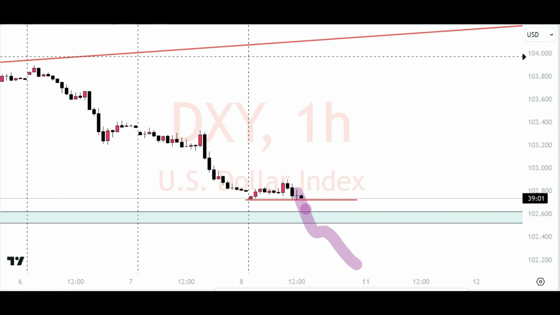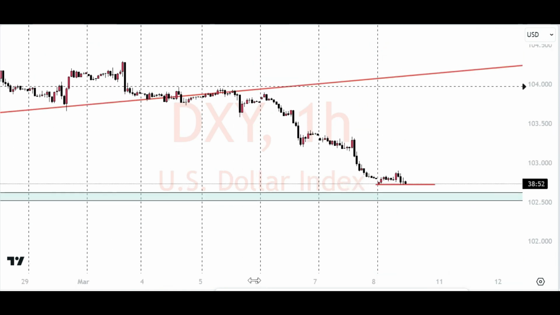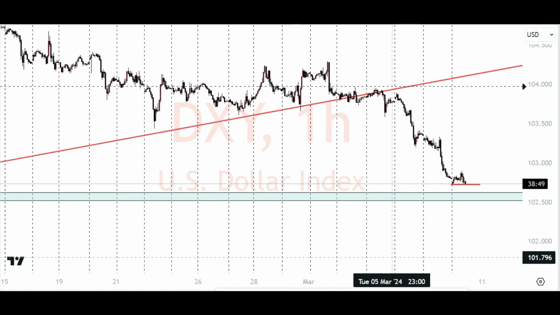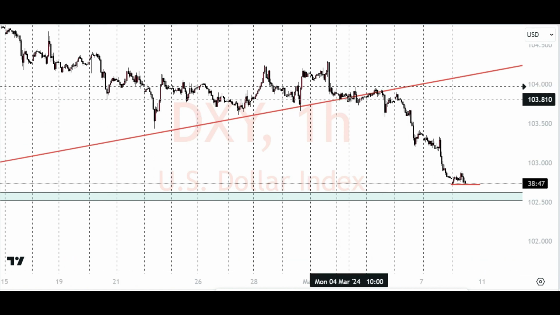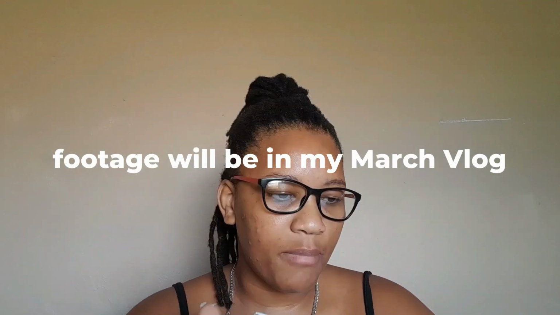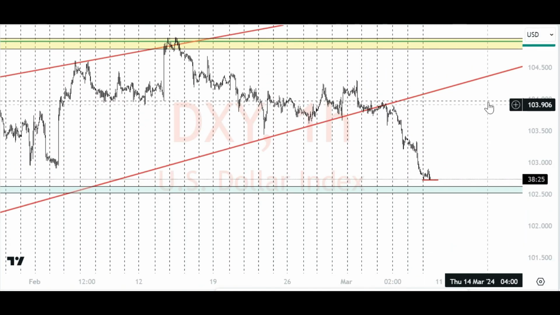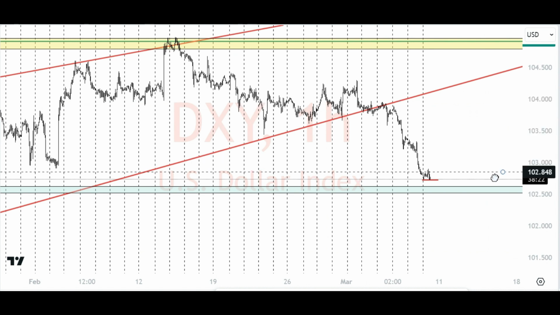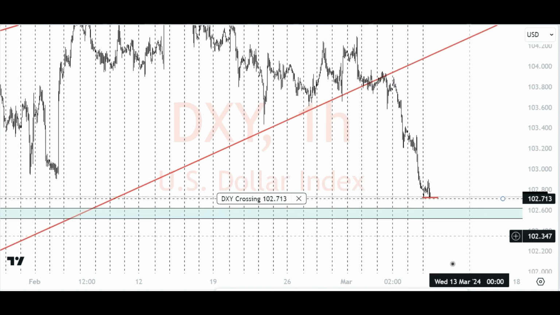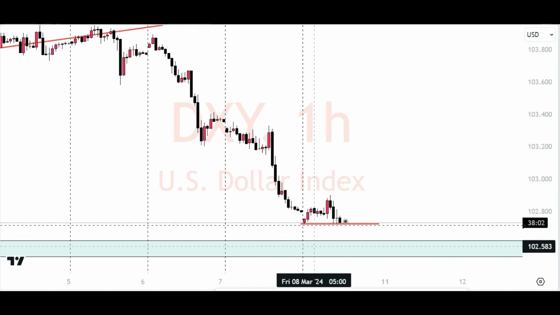Now what I'm seeing today on the dollar index further validates why the dollar index didn't bounce up from this area right here. This past week, I think it was on Monday, I was anticipating the market to go up, but no, it actually went down. I'd like to move this here. This is just an alert. When the market crosses that area, it will signal to me. So I believe that the dollar index is going up.